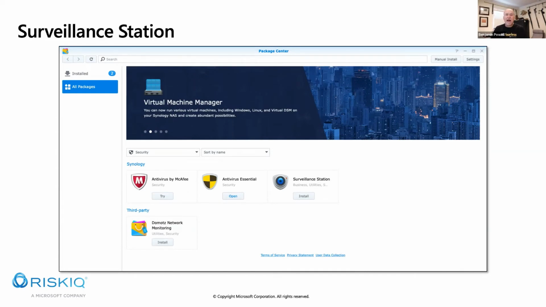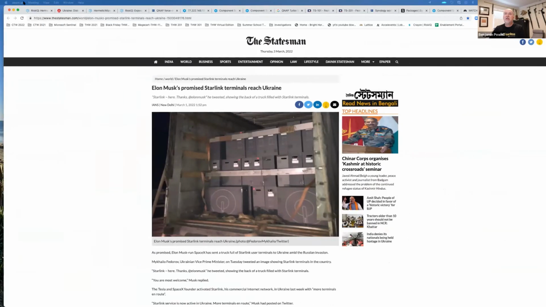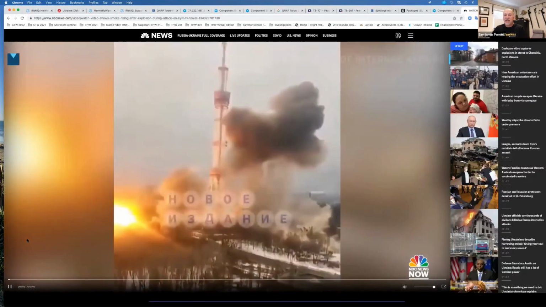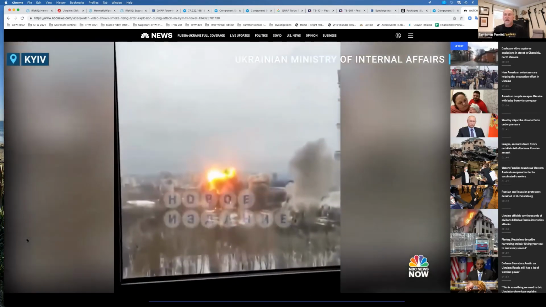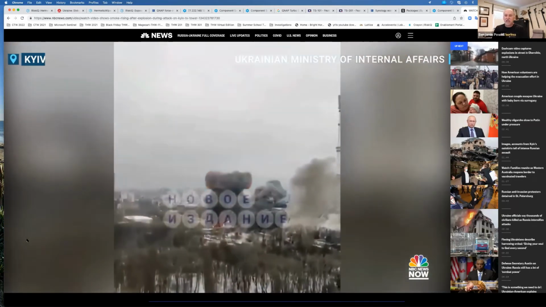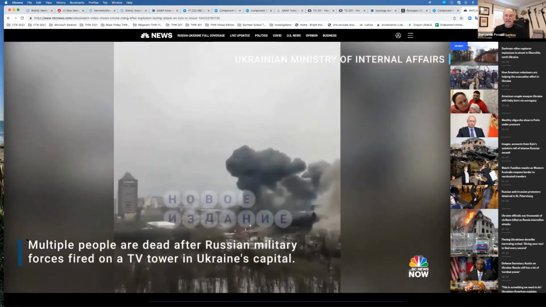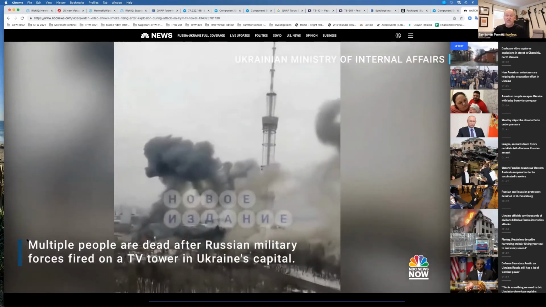But there's a drawback. And the drawback is this. I'm gonna bring up my live view. So if you take a look at this, the drawback is that when you're at war, they're gonna come and blow up your infrastructure. So they just blew up the communications and they blew up the television broadcasting. So that's probably the internet and television gone, blown up.